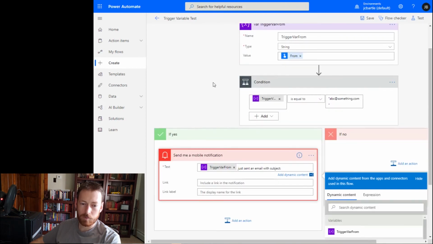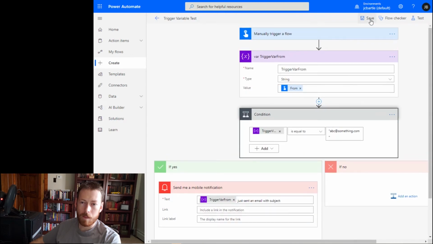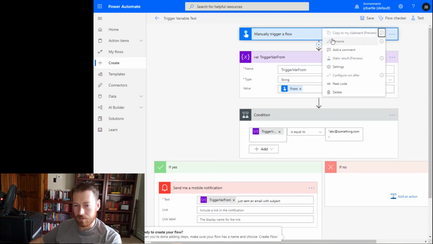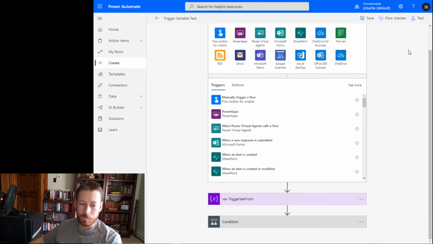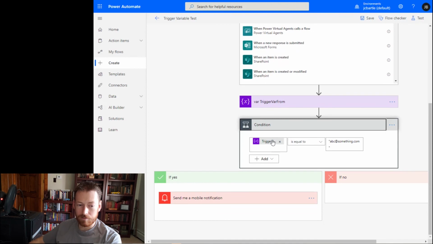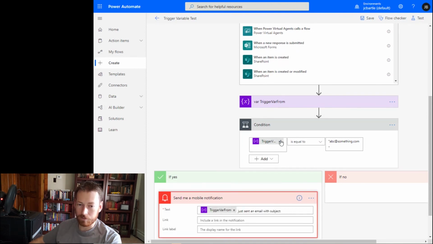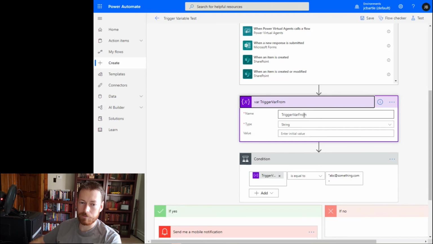And I'm not going to waste your time by putting another one in there. So save that. Now, let's say I'm working with Microsoft support again, and they say, hey, JC, delete that trigger and recreate it. Okay, delete my trigger. Now we come down to my condition and we see that my variable references are still there. The only thing that I need to update now is I have to go into my variable that I created and update this value to be a dynamic value,